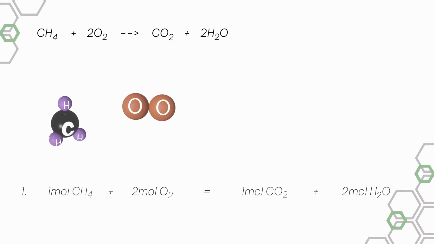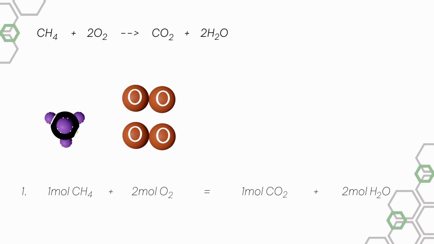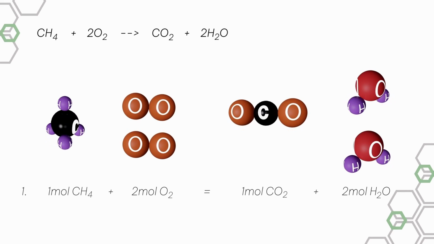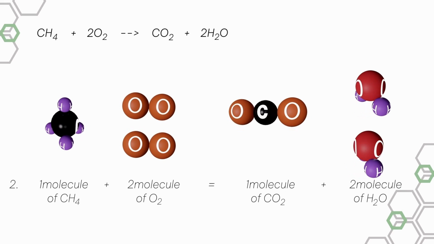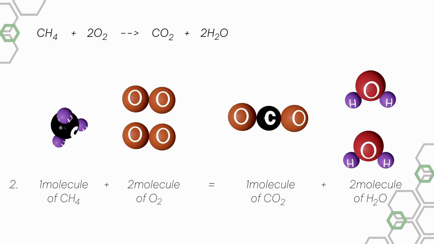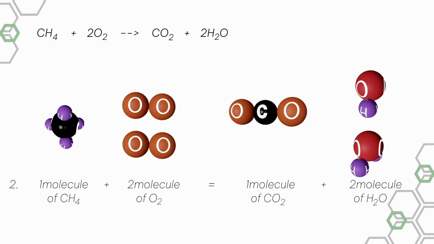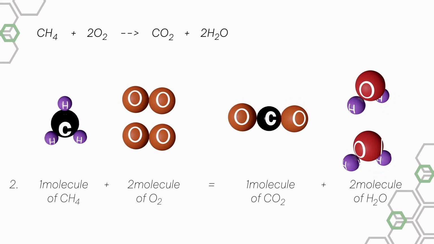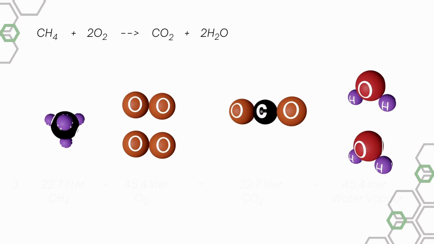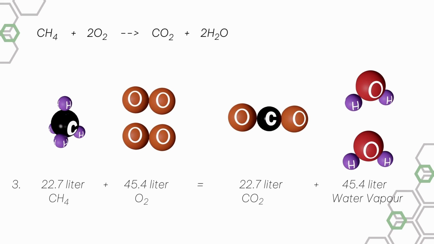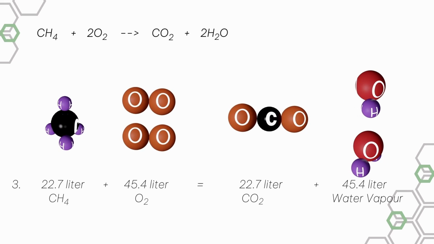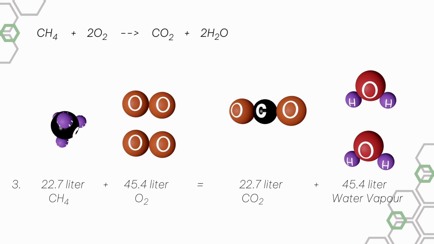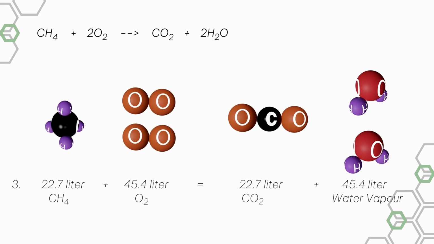First, 1 mole of methane and 2 moles of dioxygen together form 1 mole of carbon dioxide and 2 moles of water vapor. Second, 1 molecule of methane and 2 molecules of dioxygen together form 1 molecule of carbon dioxide and 2 molecules of water vapor. Third, 22.7 liters of methane and 45.4 liters of dioxygen combine to form 22.7 liters of carbon dioxide and 45.4